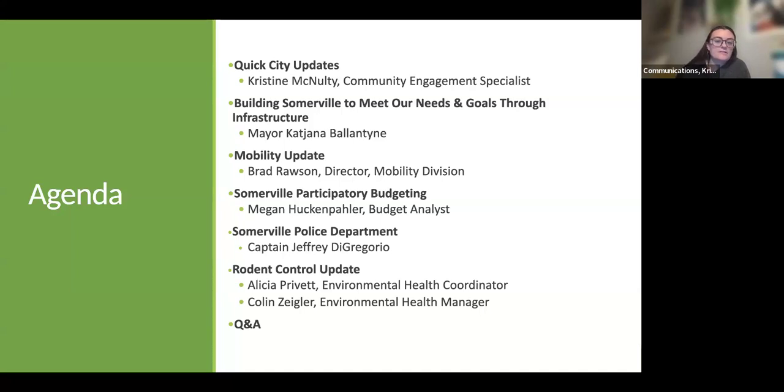In addition, we have city staff with us tonight who are ready to answer any questions that you may have for them. The represented departments and divisions include 311, Engineering, Somerville's Council on Aging, the Office of Housing Stability, Economic Development, Elections, Public Space and Urban Forestry, Planning and Zoning, Sustainability and Environment, the Somerville Fire Department, the Somerville Arts Council, and the Department of Racial and Social Justice.